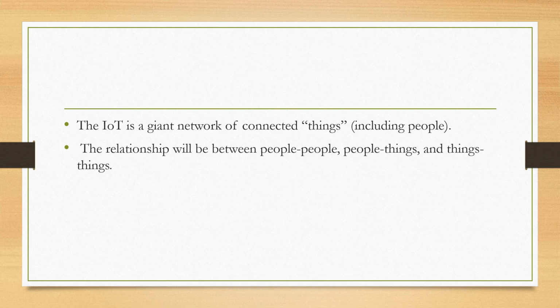So, for example, you are on your way to a meeting. Your car could have access to your calendar and already know the best route to take. If the traffic is heavy, your car might send a text to the other party notifying them that you will be late. What if your alarm clock wakes you up at 6 a.m.